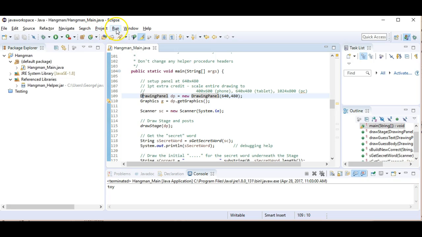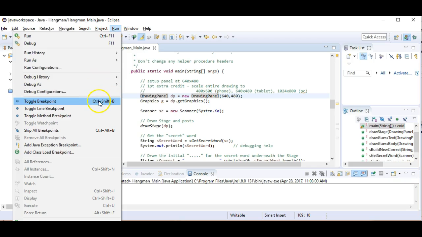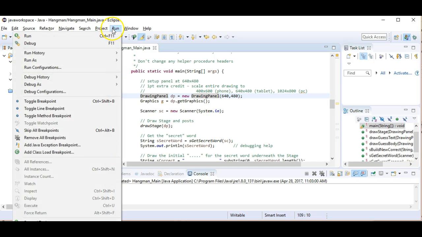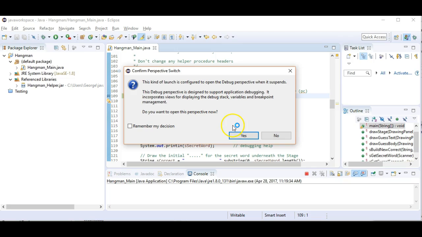If you go into Run, there's a toggle breakpoint, Control-Shift-B. And when we do that, we see that little blue dot there. Okay, so now I'm going to run the program, but you can't just run. You have to go Run, Debug. So instead of Control F11, if you've been using shortcuts, you debug with F11, and it's going to switch your